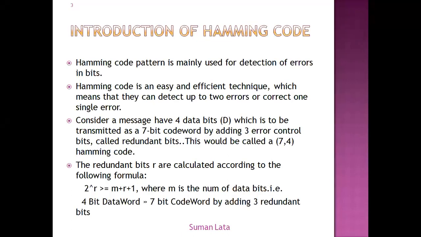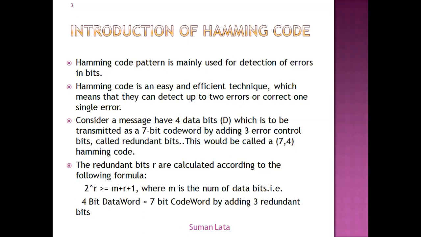So let's first know some basic information about Hamming code. Hamming code is a pattern mainly used for detection of errors in bits. Hamming code is an easy and efficient technique, which means that they can detect up to 2 errors or correct one single error. Consider a message have 4 data bits, which is called capital D, which is to be transmitted